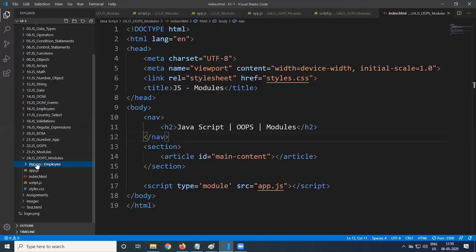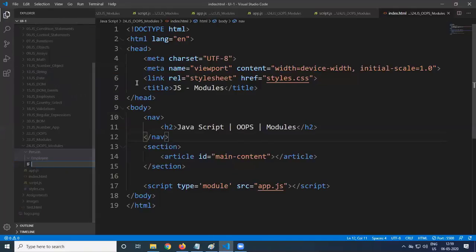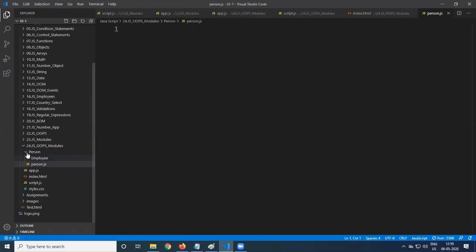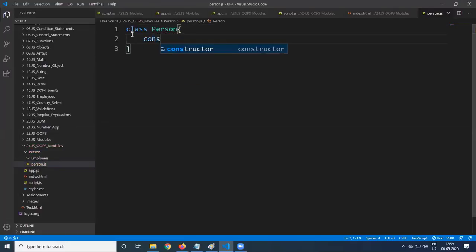Now coming to person. What is coming inside this person? A new file, which should be inside person, not inside the employee: person.js. We'll have a class person. Inside this class person, a constructor with fName, lName, the same class we defined.